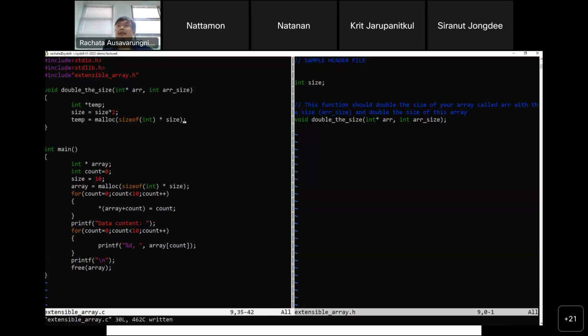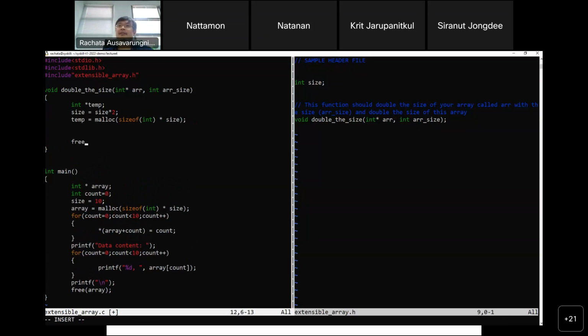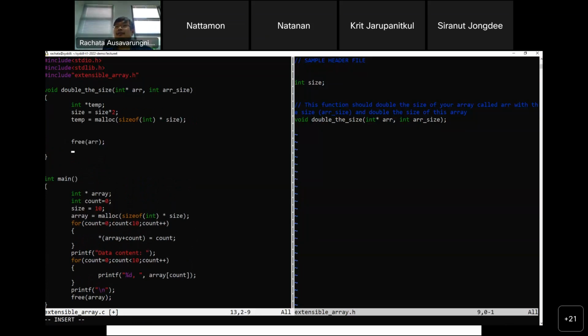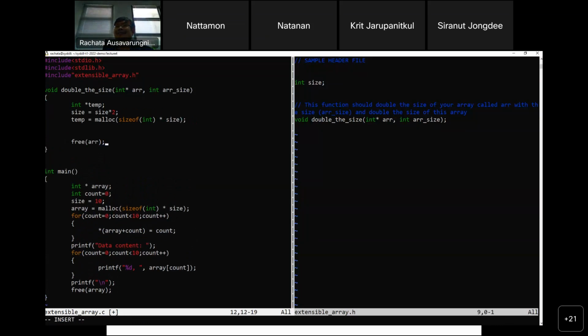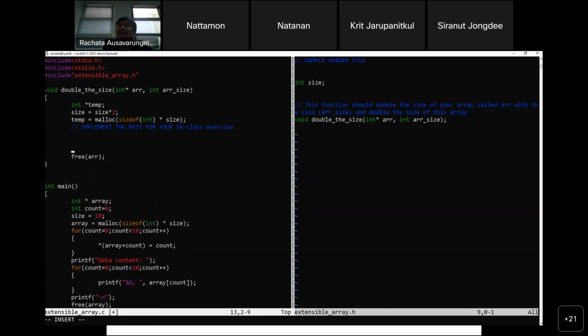Right? And now at the end, you need to free up your array. And now in this part, implement the rest for your in-class exercise. So step 1,